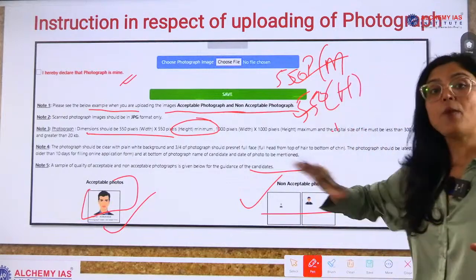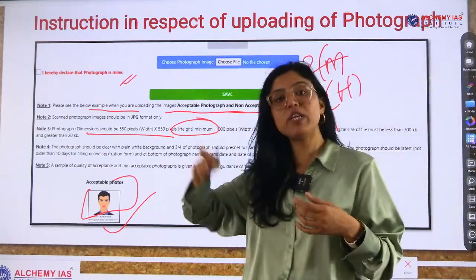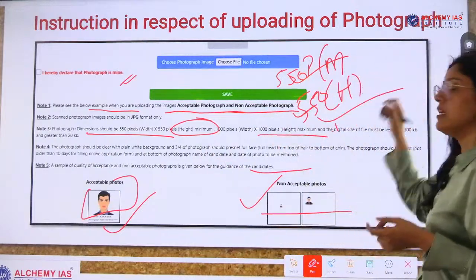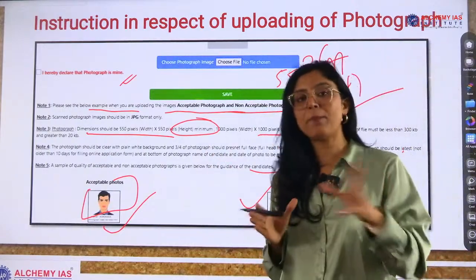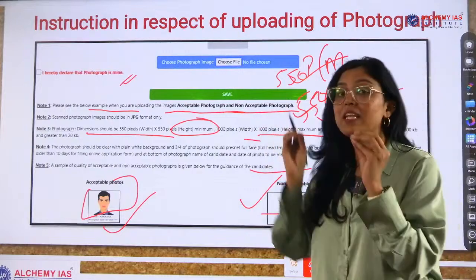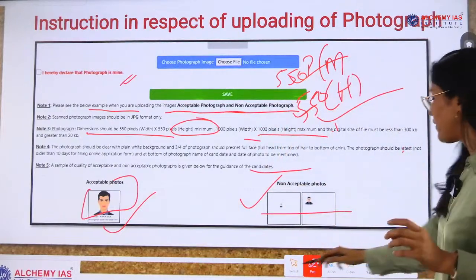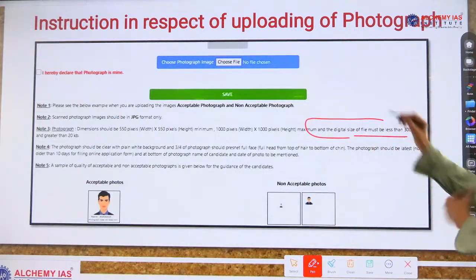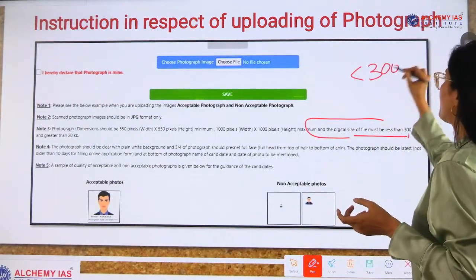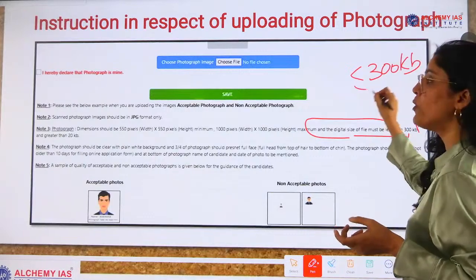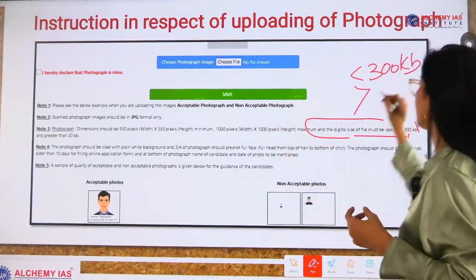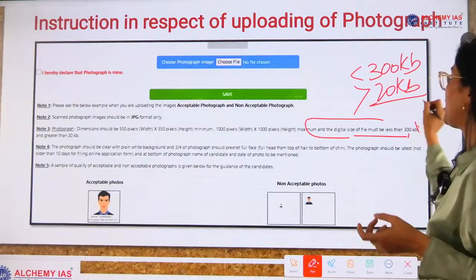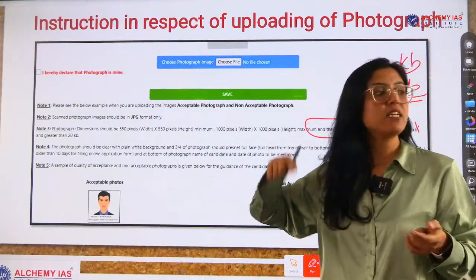Now maximum is what? 1000 pixels width and 1000 pixels height is the maximum. Okay. So keep this in mind, and the digital size of the file must be less than 300 KB and more than 20 KB. So this is the information, more than 20 KB and less than 300 KB.